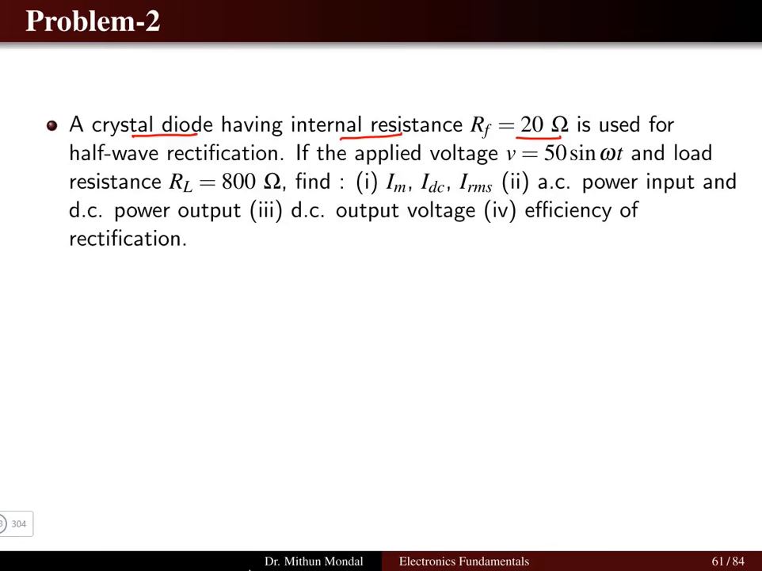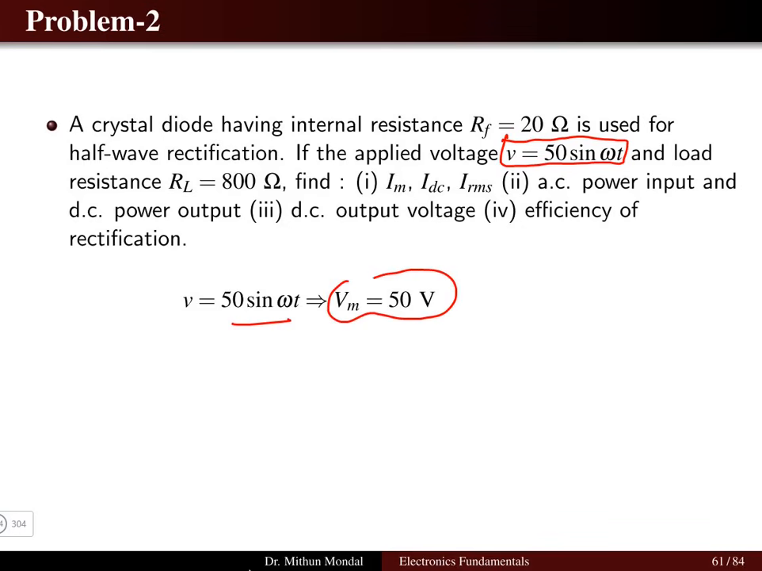it is used as half wave rectification. The applied voltage is 50 sin omega t and the load resistor is 800 ohms. We have to obtain the maximum current, DC current and the RMS current. We have to obtain the AC power input, DC power output, the DC output voltage and the efficiency of the rectification. So from the given voltage equation 50 sin omega t, we can say that the maximum voltage is basically